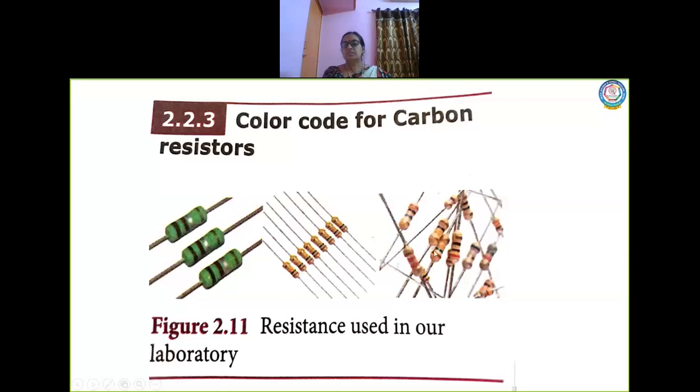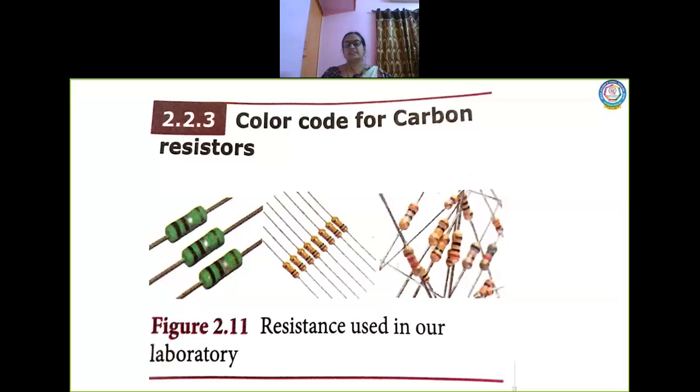Okay. Now, these resistors are connected in circuits. Actually, a resistor is a passive component which is connected in circuits, like resistor, inductor. Now, these resistors will resist the flow of charges in a circuit. Resistor, inductor, capacitor. Capacitor we were learning about in the first chapter. So, a capacitor stores the electric charges.